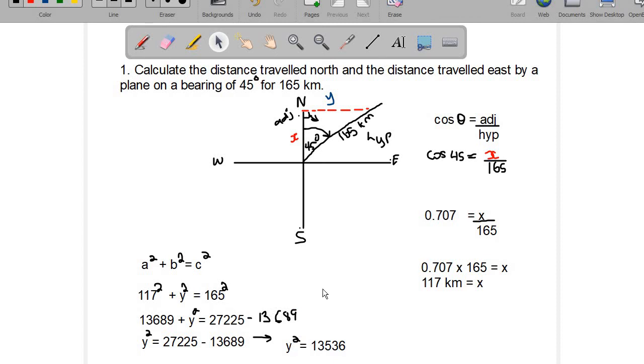Now we need to find y. We don't want y squared, so what I'm going to do, I'm going to find the square root of this number. Okay, so we're going to square root both sides to find what y is. Then y is equal to